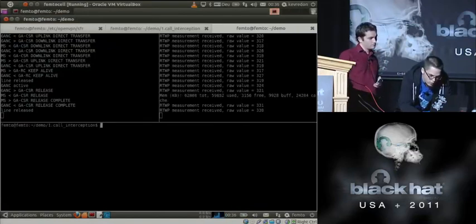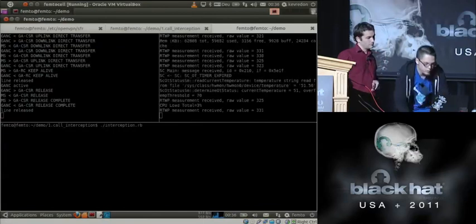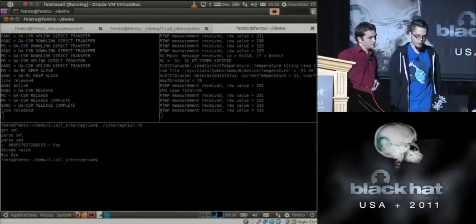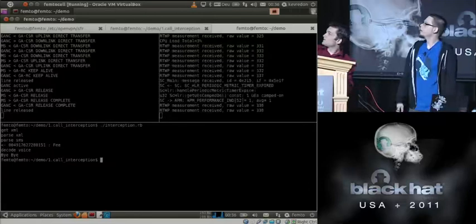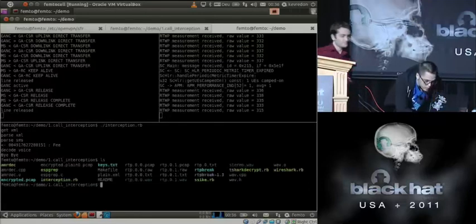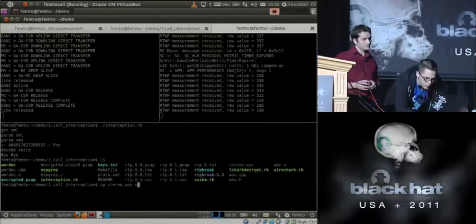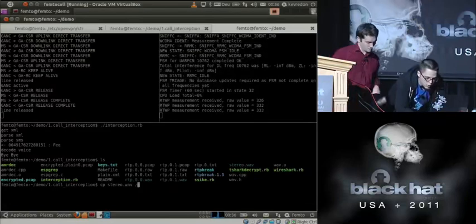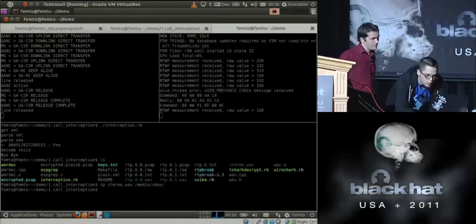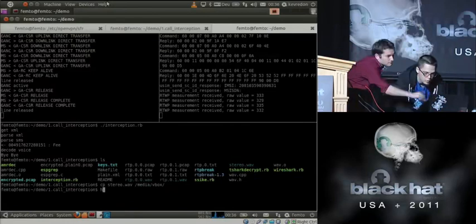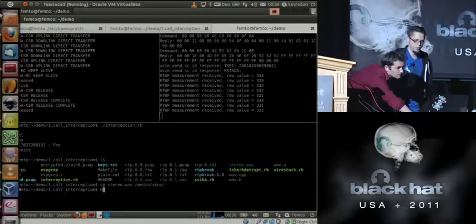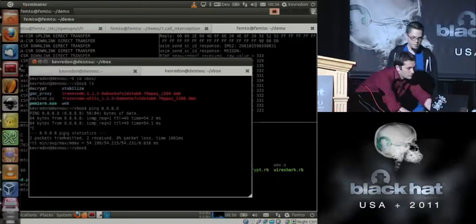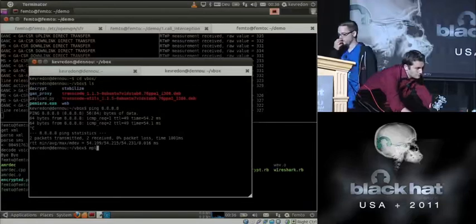So for that I'm using just this interception Ruby script, which is doing all the steps that I already explained. Here we've seen the feed that I just sent. Media VBox. Yeah. Go on the left with the mouse. Do that on your own. And here we're just going to play player stereo wave, and if the sound is coming